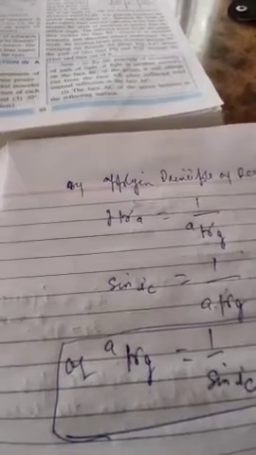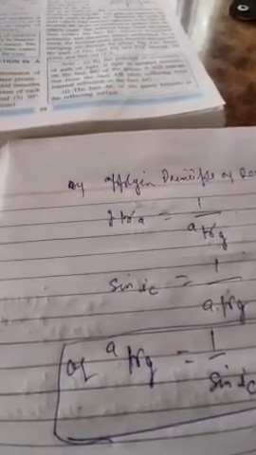Now with increase in the wavelength or color of the light, the critical angle also increases. In other words, you can say the critical angle increases with the increase in wavelength of the light, and critical angle increases with the increase in temperature. So these are the two factors which affect the critical angle.